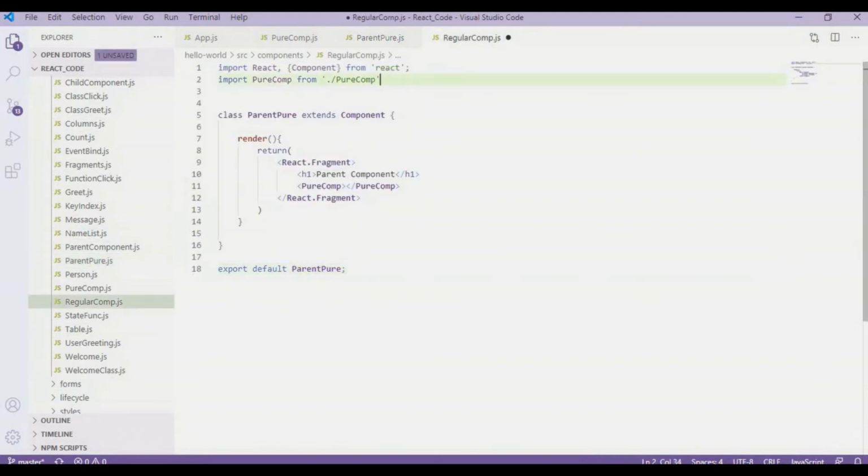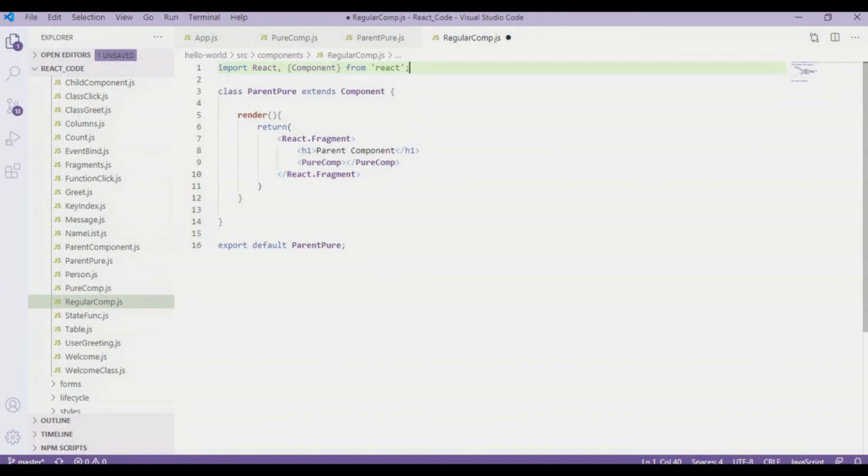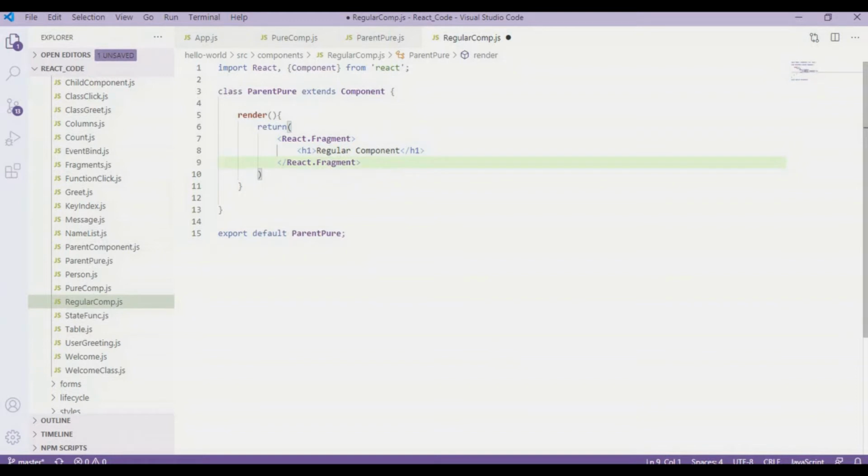I don't need this line, so I'm going to delete it, and this should be a regular component, so I have to change the name to regularcom.